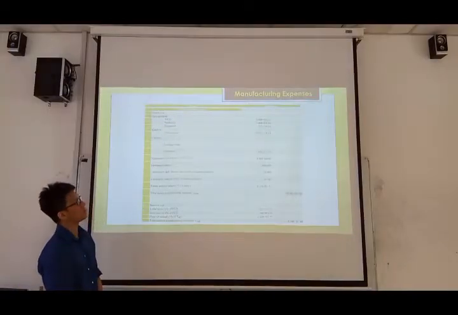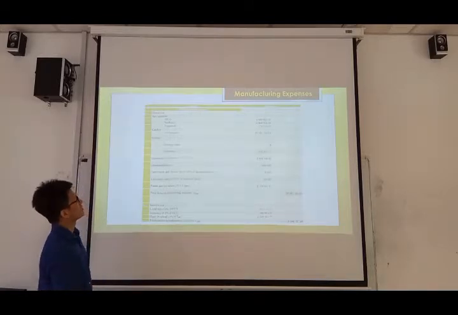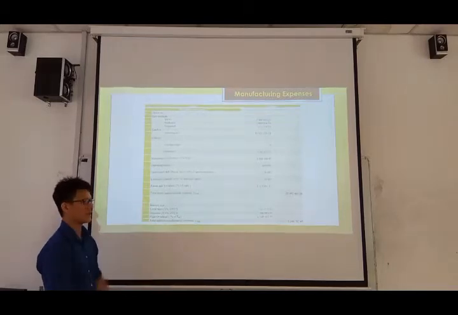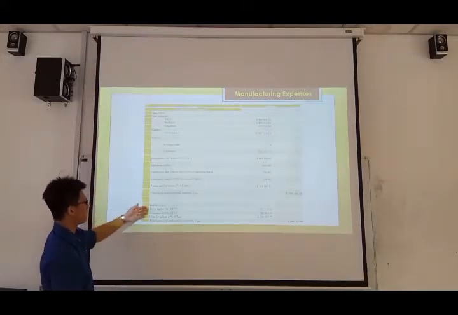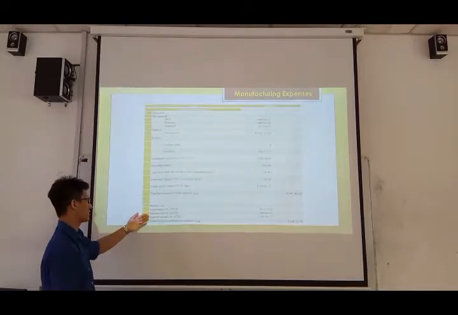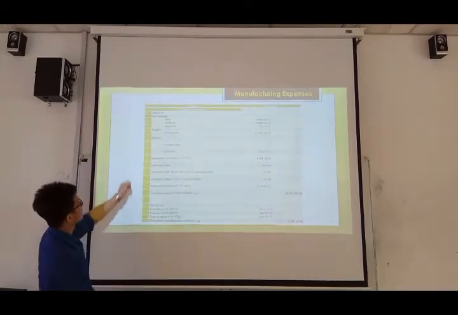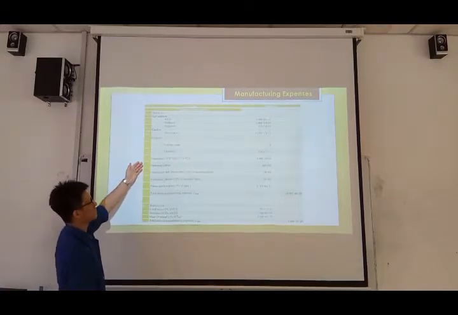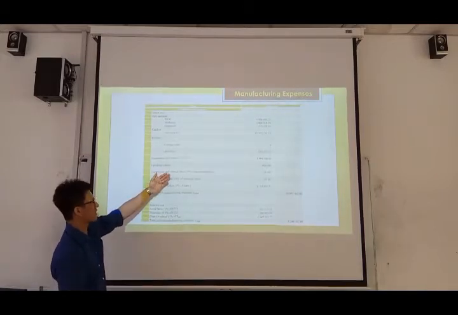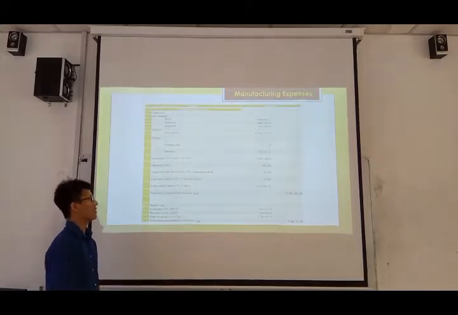So now we have come to manufacturing expenses. The manufacturing expenses take direct cost, indirect cost, and depreciation into consideration. The direct cost consists of raw material, catalyst, and so on, while the indirect cost consists of the local taxes, insurance, and so on. For direct cost, the maintenance and repairs is 2% of the fixed capital investment, about 1.4 million. For supervisory and clerical labor, which is 10% of the operating labor,